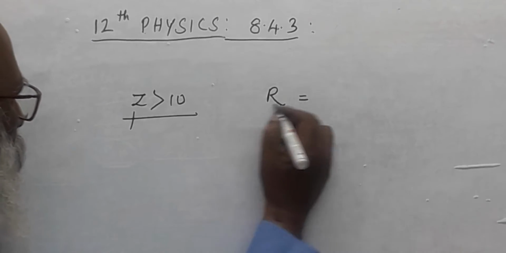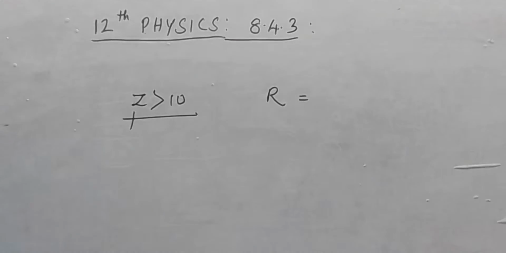You have to calculate it, where A is the mass number of the nucleus and the constant R naught,